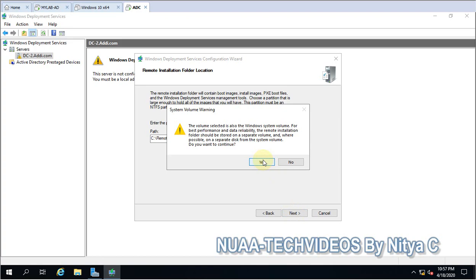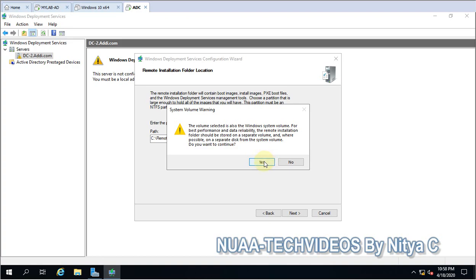Now, the volume selected is also the Windows system volume, so it is always recommended to select a different volume, so that all the files and images can be stored on a volume other than your C volume where your operating system is installed.